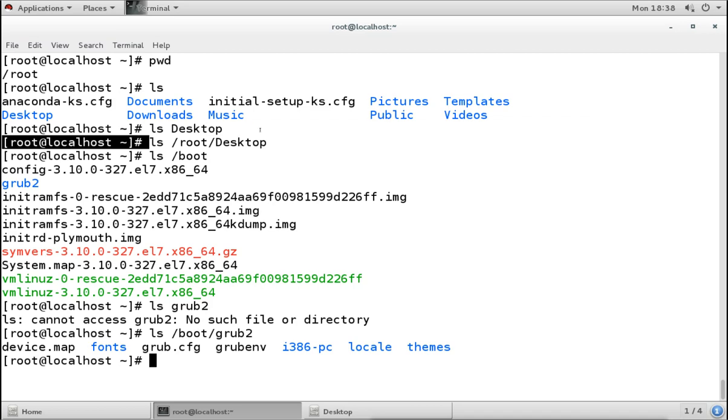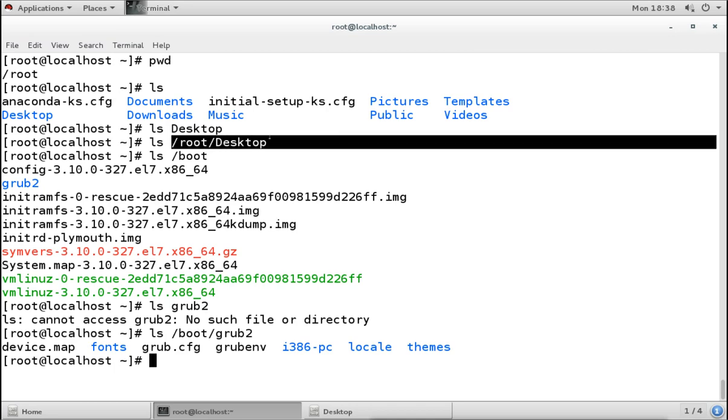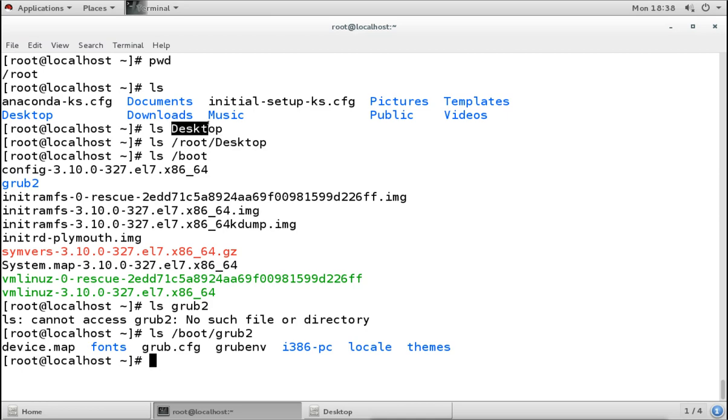For the beginning, if you are a beginner, you should always use the absolute path for everything. When you become an expert, you will automatically start using the local path, because you will understand everything. You know that right now I am under root and the desktop is already under root, so I can directly give the name. But from the beginning, you should use the absolute path.